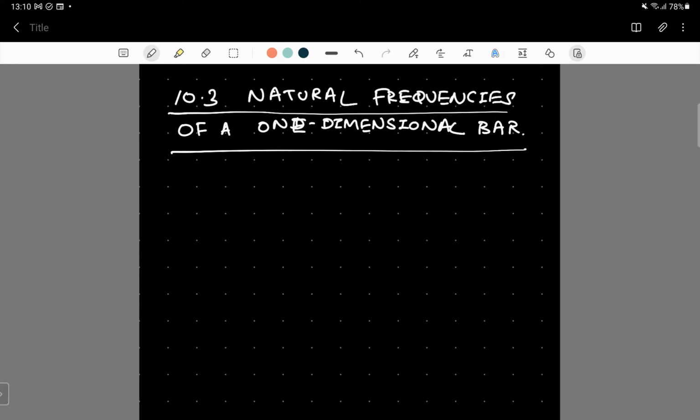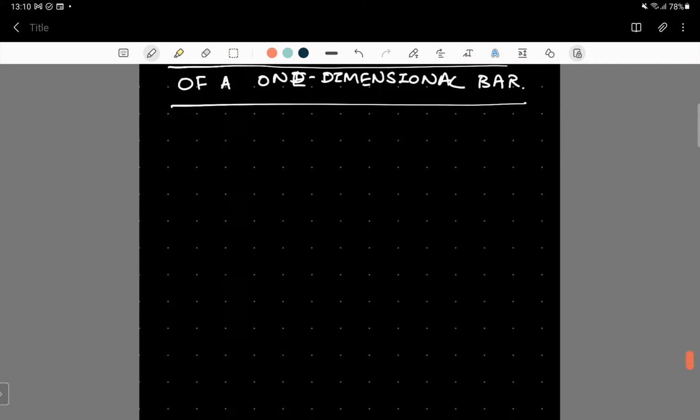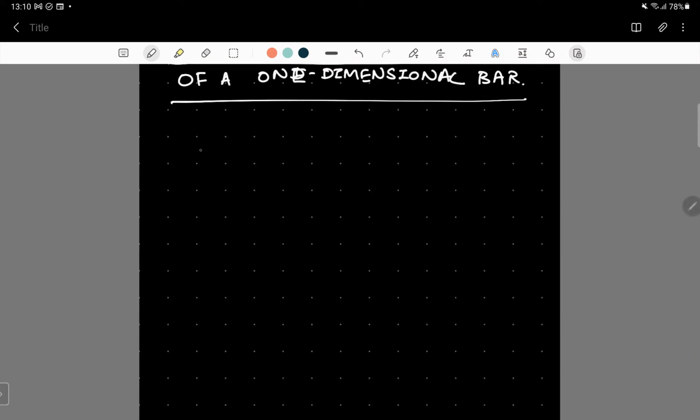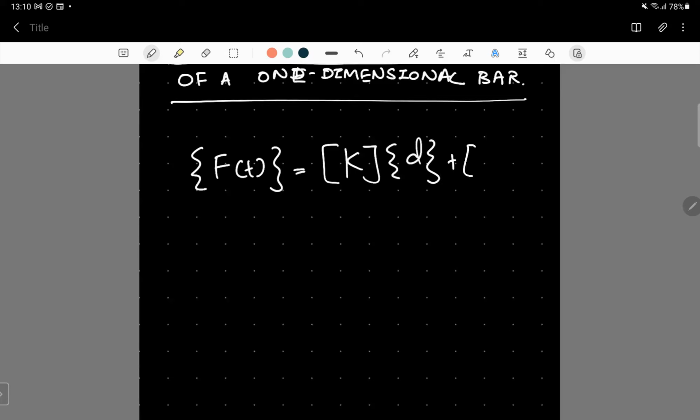So we know natural frequencies can be determined by solving this equation, which we already derived. It has the time-dependent force applied on the system, the contributions from the internal forces, and the contributions from the dynamics of the system, so to say, right? So we need to solve this equation in order to access the natural frequencies. So in the absence of this external force,